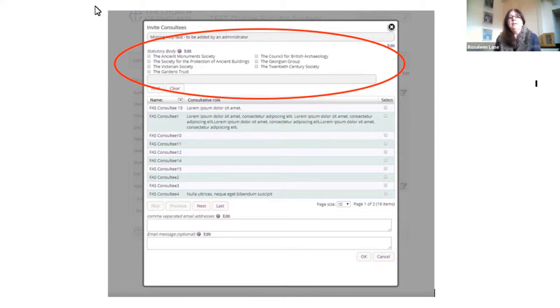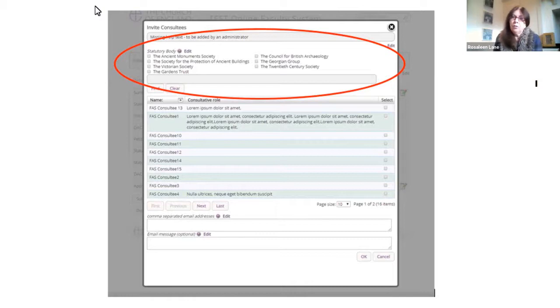And if we can see circled in red there, there's a list of the amenity bodies that can be consulted. In this diocese, we've consulted all of them at different stages with different applications, although we've never actually